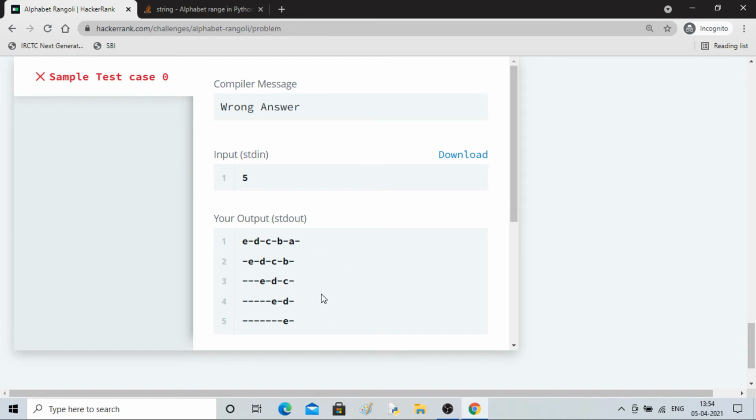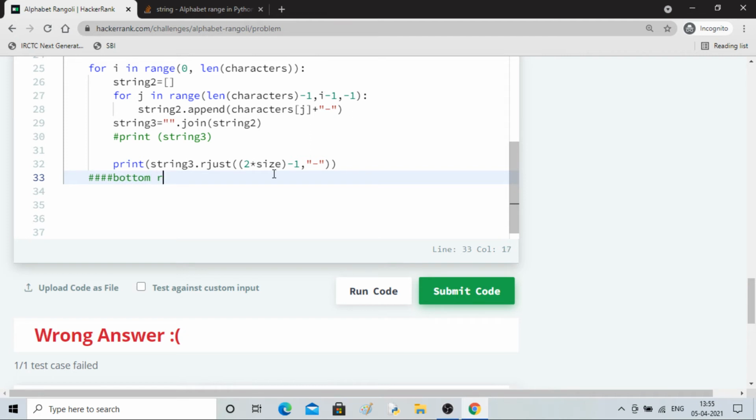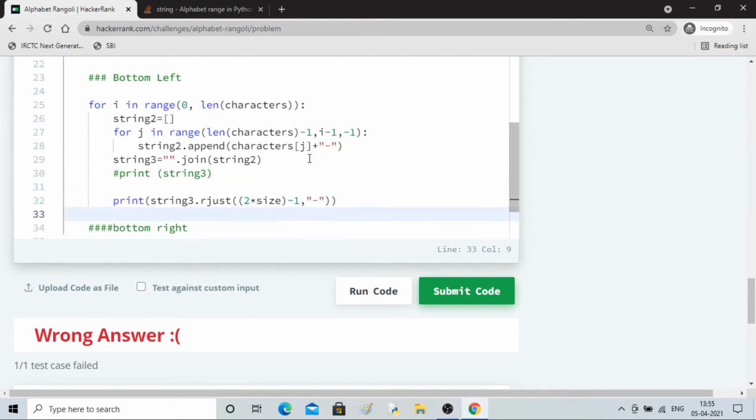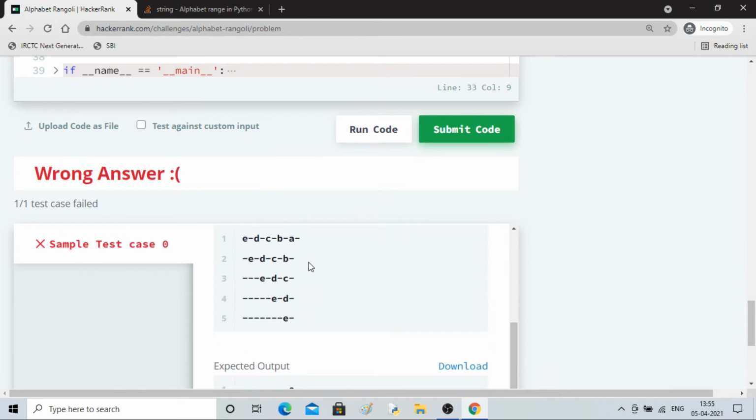I'll write dash dash dash bottom right, and I'll keep bottom left for reference and make changes to this.